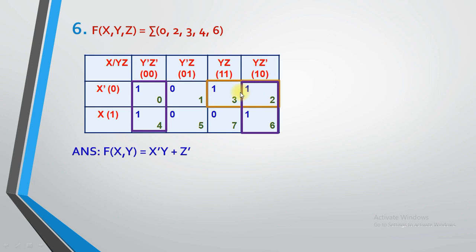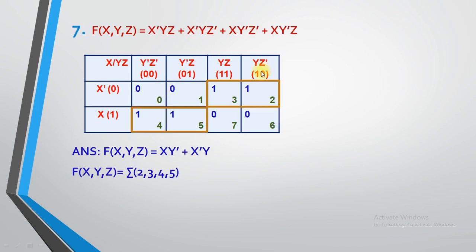Only from the following example, you need to learn that corner boxes, or if all the corner boxes contains one value, at that time you can form a group of 4 instead of group of 2. Now consider the yellow box, that means horizontal box. For that, value is x dash and value is y. X dash and y. Z into z dash we are not going to consider.